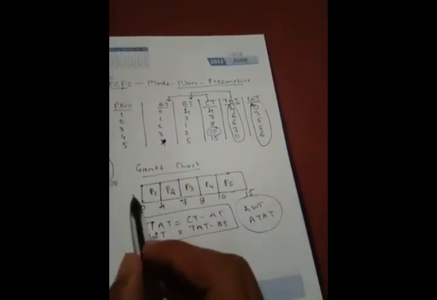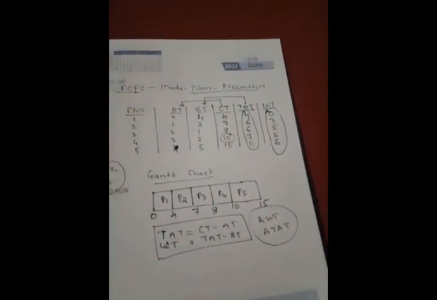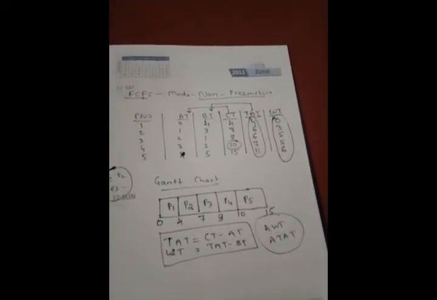There is one more difference. Say, for example, the arrival time of P3 is 8 and the arrival time of P4 is 3. That means you have to rearrange here, isn't it? So after P1 and P2, directly P4 will come, and after that P3 will come. So based on the arrival time, you have to draw the Gantt chart. I will solve one more example so that you can get a better idea.